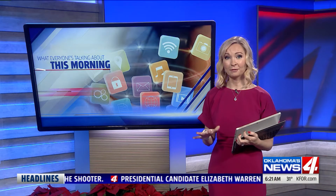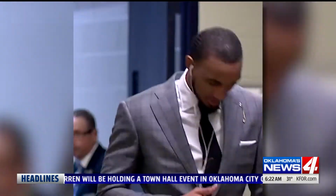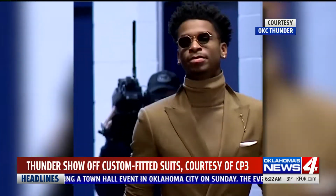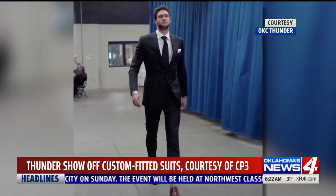So at the peak, it was 3-point shots and 3-piece suits. The Thunder turning heads before the game. Did you guys see what they were wearing as they walked into the stadium? Each player wore a flashy new suit. They looked so dapper. This is courtesy of Chris Paul,